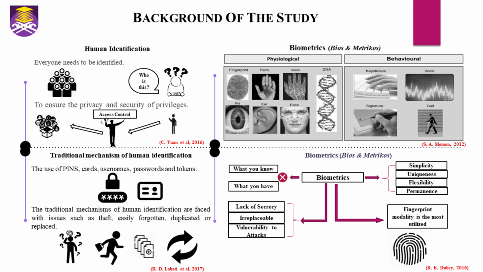Physiological characteristics such as the use of fingerprint, iris, face geometry, and so on. Behavioral characteristics such as your voice, or your handwritten signature, and so on. Unlike the traditional means of human identification, which deals with what you know, such as your username and password, or what you have, your pins or tokens, biometric totally eradicates this requirement and offers benefits such as simplicity, that is,